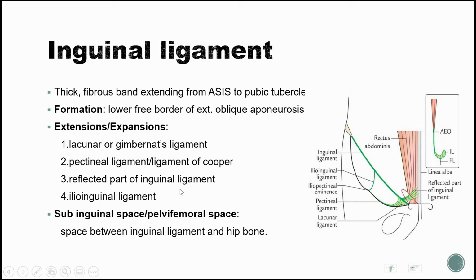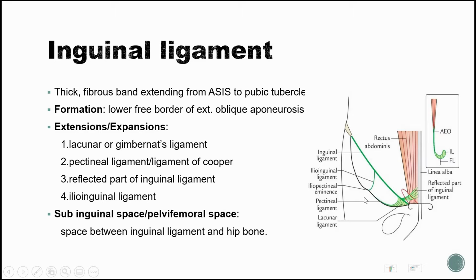Okay, so the inguinal ligament. The inguinal ligament is a thick fibrous band extending from the anterior superior iliac spine to the pubic tubercle. These landmarks are parts of the hip bone, and we also know that the inguinal ligament is a modification of the aponeurosis of the external oblique muscle, which you can see here. The folded and downward part of the external oblique aponeurosis. So that is all about its formation, the lower free border of the external oblique aponeurosis, and this has 4 important